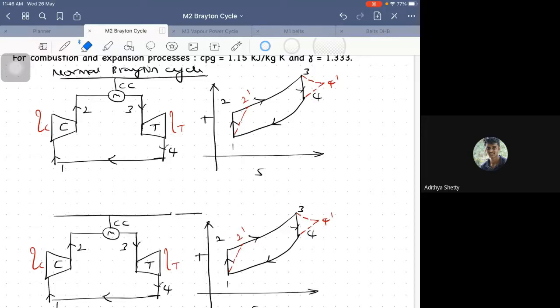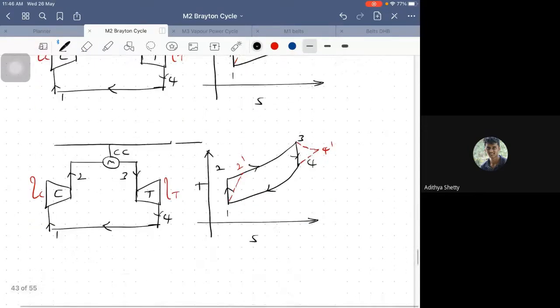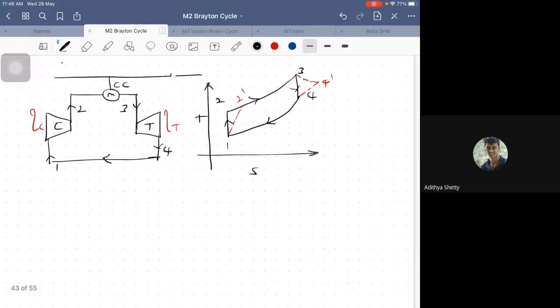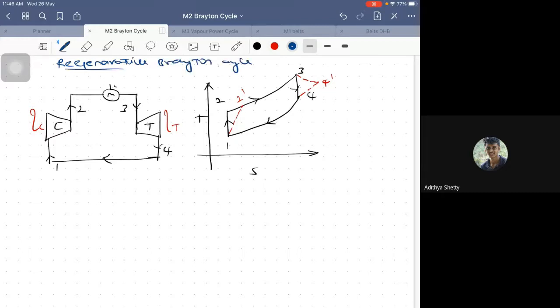Okay, what happens in case of a regenerative Brayton cycle now? Now, if I talk about the regenerative Brayton cycle, yes, state 5 would be introduced, isn't it? I'll just redraw all this stuff. Regenerative Brayton cycle. So what happens in case of a regenerative Brayton cycle? This will not be left like this